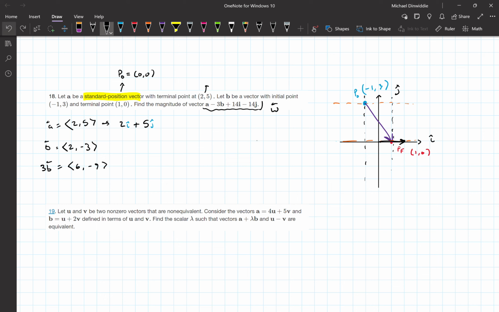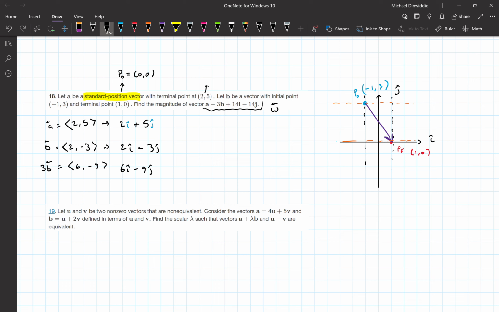So it's super simple. Don't let it confuse you too much. It's very, very simple in what we're saying here. We're going to do b, and it's going to be the same. I'm not going to highlight these because I think you get the point. Plus, and now this is a negative 3, right? Negative 3j. So what would we say there? Well, we could simplify that to 2i minus 3j, because we're just going down in the y direction. And so that's how you can read this in your head. You can say over 2 in the i direction, which is x, and then down 3 in the y direction, which is j. Okay, so then 3b is going to be 6i minus 9j, and those are your standard vectors,